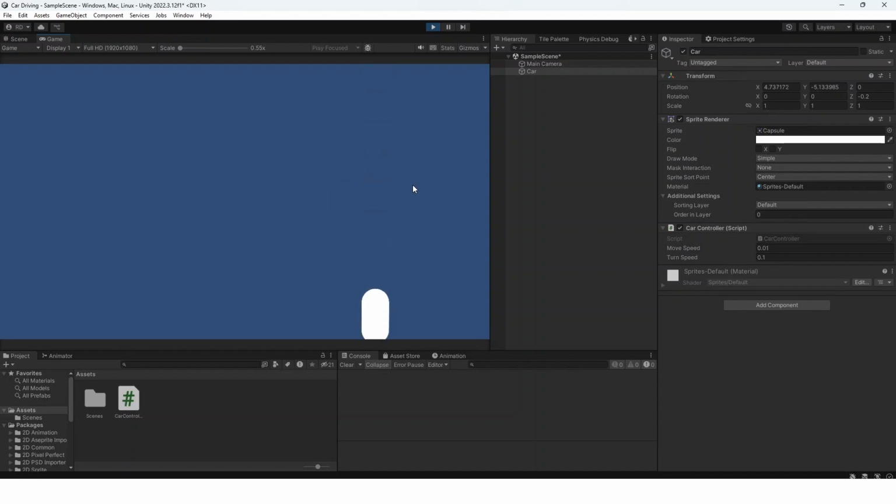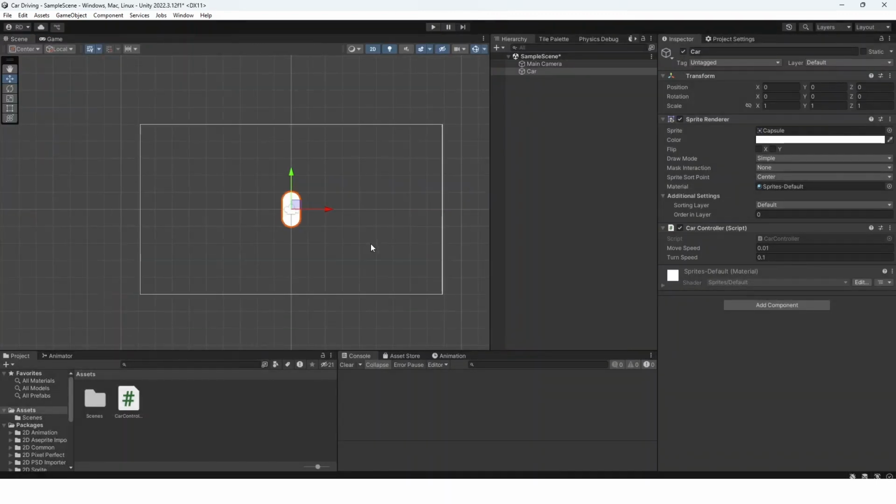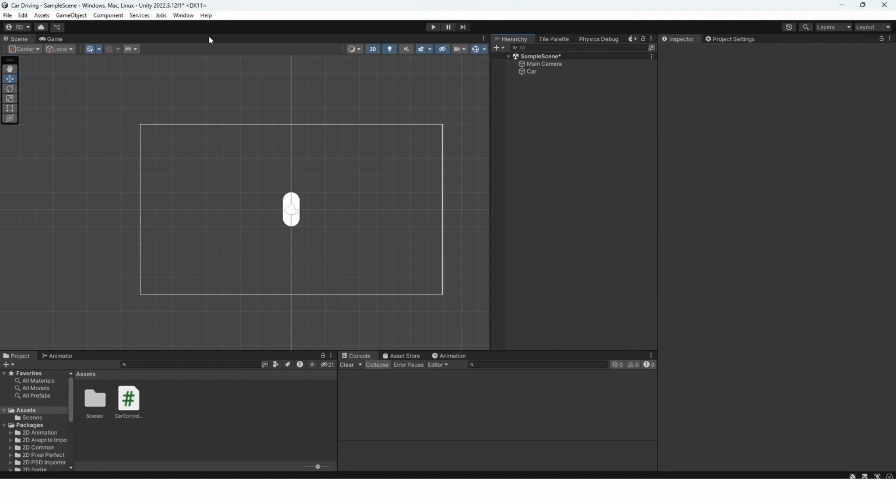But there is one way to fix this by just adding colliders on the edges of our camera boundary, but we don't want to do that because what kind of driving game would this be if it was just a set area? What we're going to want to do is create a camera that follows our player. And the way to do that is to use Cinemachine. There are other ways, but Cinemachine is the easiest and it works very well for what we're going to try